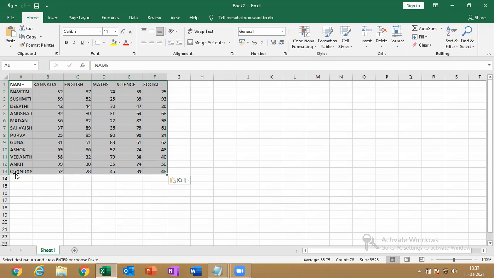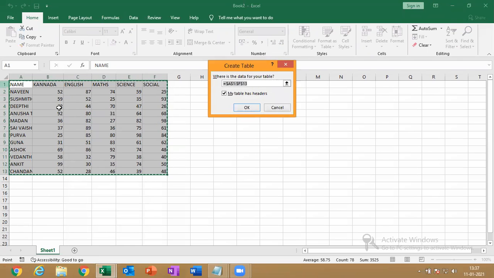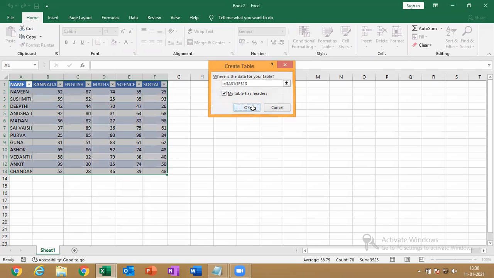Just last class data. So then next just press Control plus T. See, automatically the range will be selected. Enable my table as headers. Why? Because we have the headers. Just give OK.